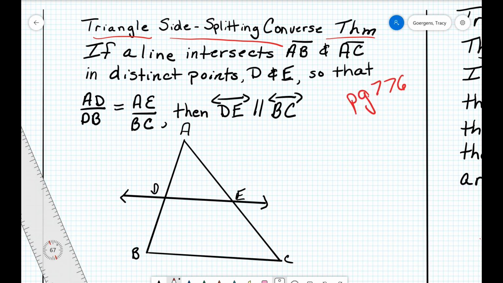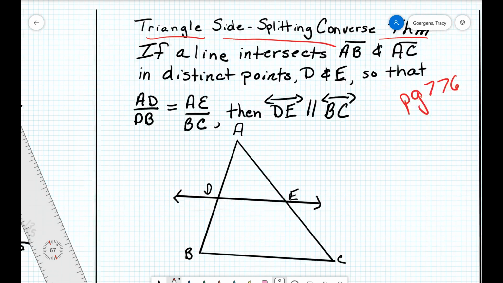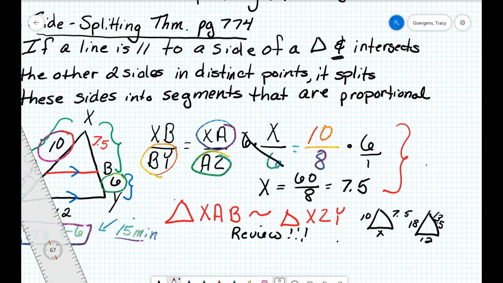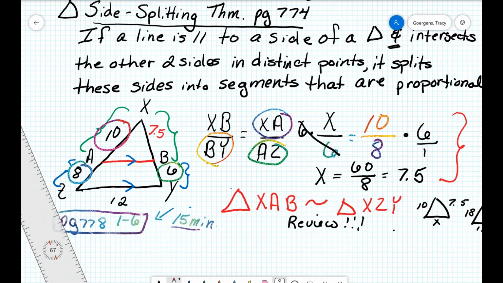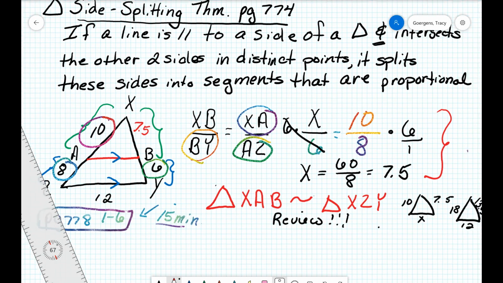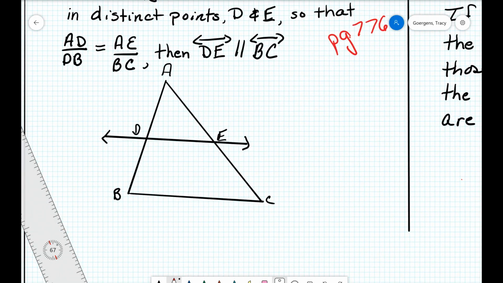And it is just going backwards, all right? It's just going backwards from what we said before. We talked before about if these two lines are parallel, then their sides are proportional, the parts that are cut into it. This is just going backwards. This is just telling us that if our sides are proportional, AD, DB, AE to